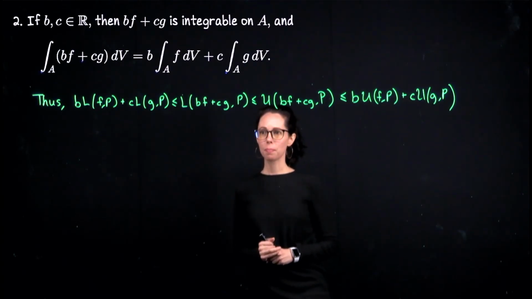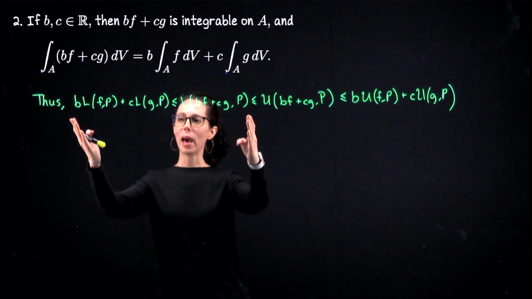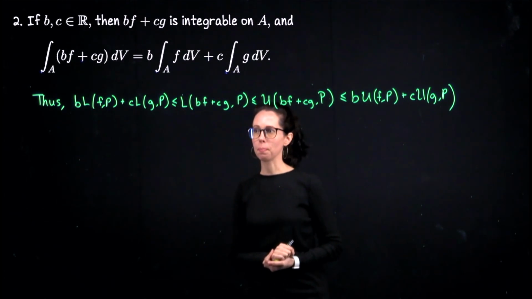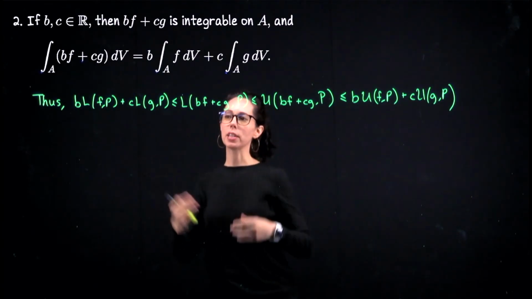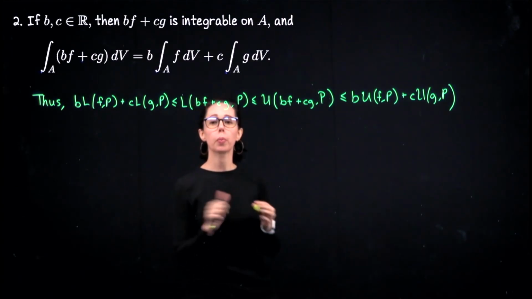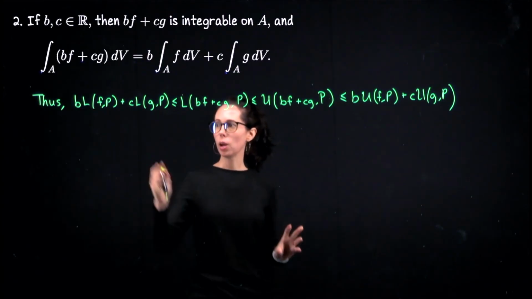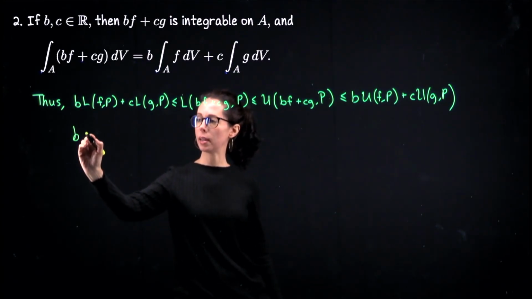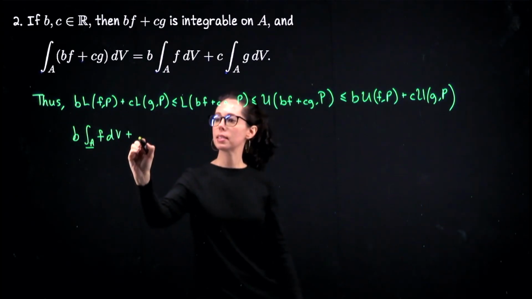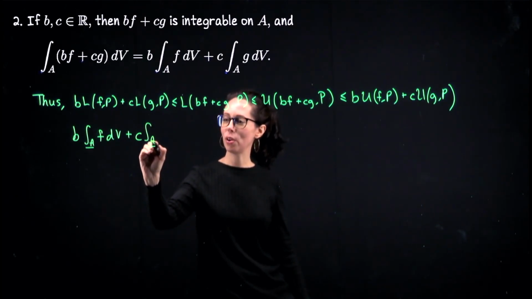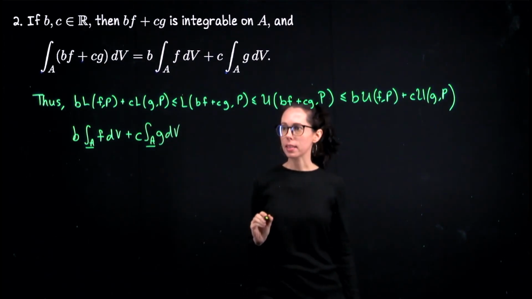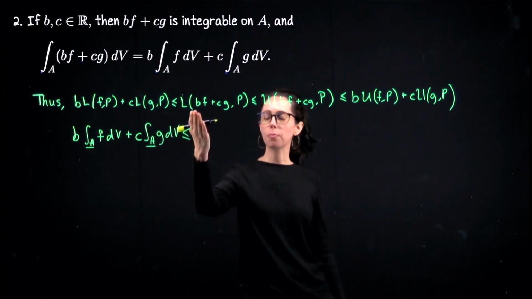Here's what we left off with. Let's focus on these left two terms first. We have a comparison between a linear combination of lower sums and the lower sum of a linear combination. This inequality holds for any partition P, so when we take the supremum of possible left-hand side values and possible right-hand side values, we will preserve that inequality. And in particular, what we'll get over here is going to look like B times the lower integral over A of F, plus C times the lower integral over A of G. That will be less than or equal to the lower integral of BF plus CG